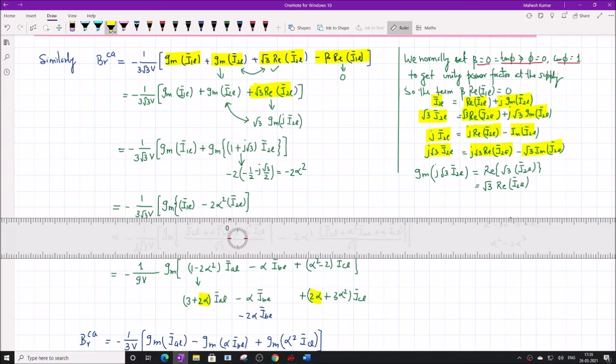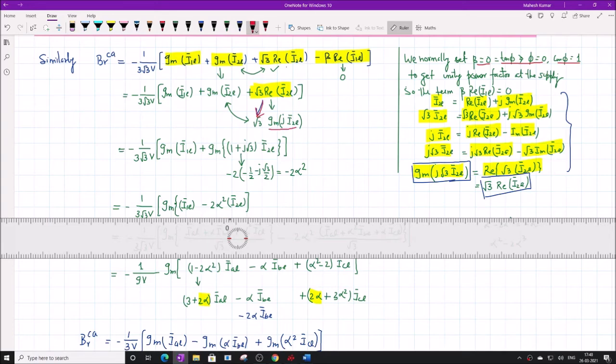Okay, now we find out what is imaginary of j root 3 I2L, same as the real of root 3 I2L. Actually, it is very simple, but I have proved it so that you should not think that I have skipped this step. Okay, so finally we have this expression: the imaginary of j root 3 I2L is same as root 3 into real of I2L. So we will write this expression in this form, that the real of I2L is nothing but imaginary of j I2L.